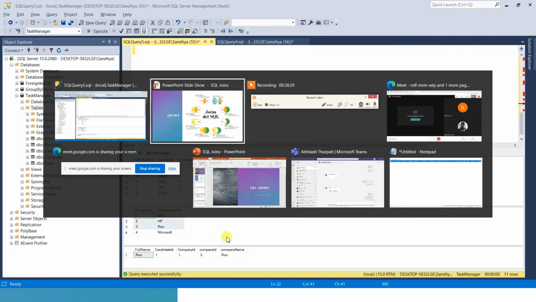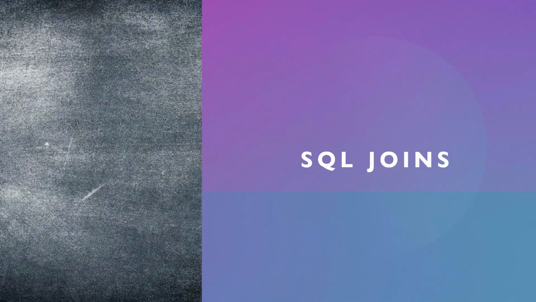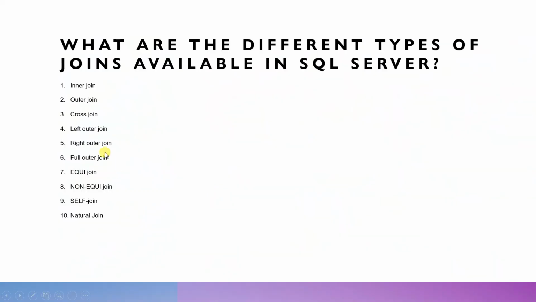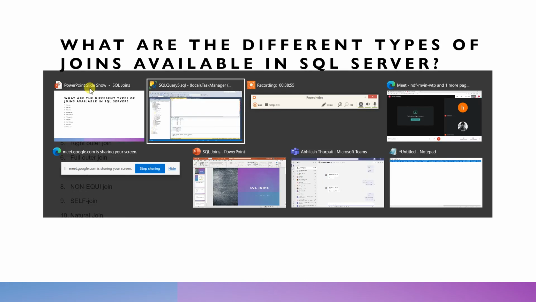In the next session we will cover the next joins which are present in SQL. We have covered the cross join and the inner join today. I suggest you go through the video once again, perform some questions and do some exercises so that the concept will be clear. And if you are having any issues, you can mail me or text me and I can help you with it. Okay, thank you.